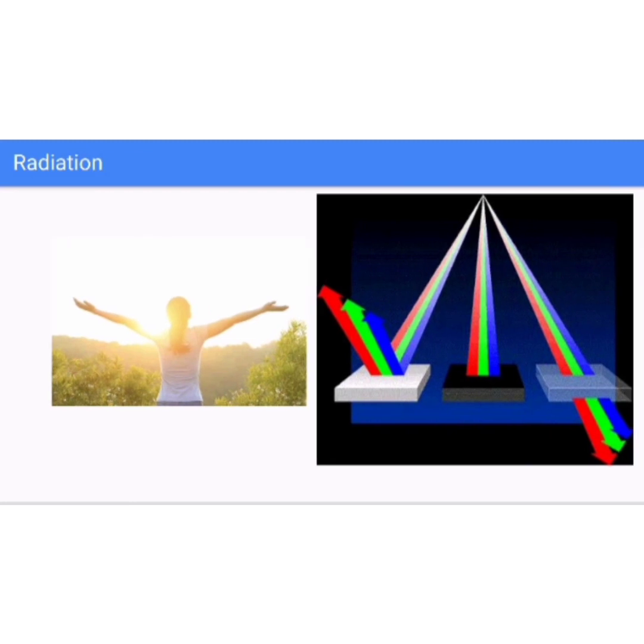Okay, when we come out in the sun, we feel warm, right? How does the heat from the sun reach us? It cannot reach us by conduction or convection, as there is no medium such as air in most of the space between the earth and the sun. From the sun, the heat comes to us by another process known as radiation.